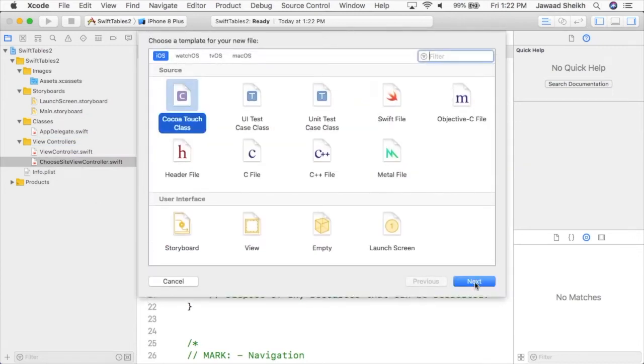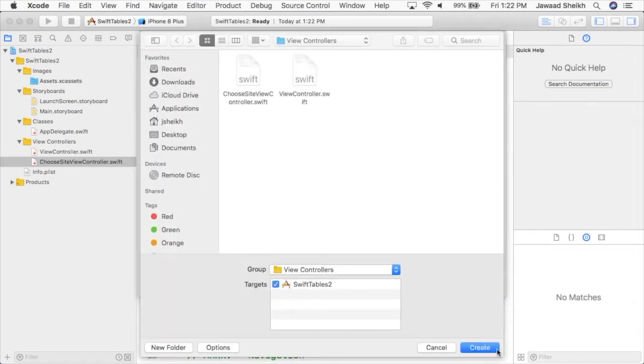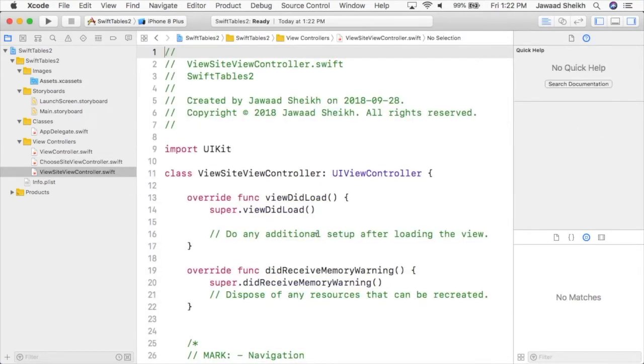It'll say iOS Cocoa Touch class, hit next, and it'll also be subclass of UI view controller. We'll call this one view site view controller. And so this file, its purpose will be to view the website. So we'll hit next, give it a home. So we've got all of our view controllers in play, and all we need to do now is arrange our